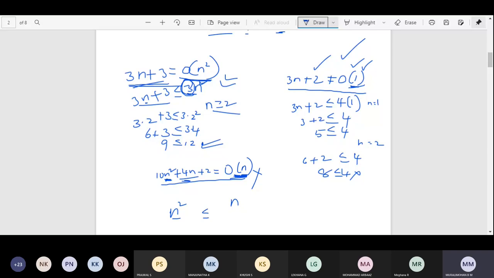What is there in the worst case? Always we should see that f of n should be less than or equal to c into g of n. If you remember this, then whatever problem is given, you can directly prove whether it is possible. If not, directly you can write that it is not possible for 10n square plus 4n plus 2, for any constant value and for all n values. Hence this is not equal to big O of n. Clear?